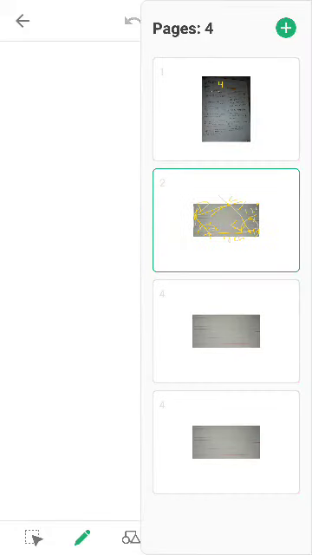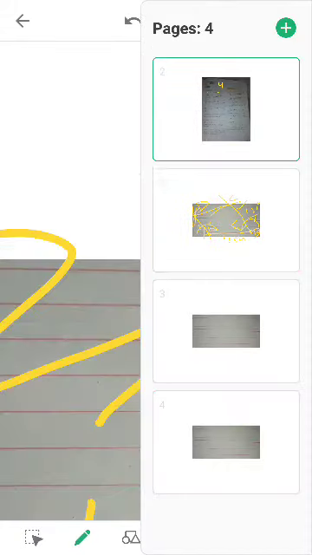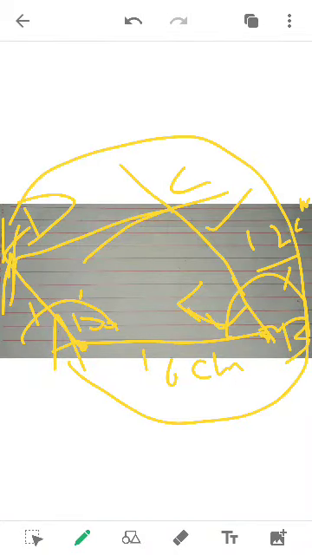Now one thing I want to explain is that the name of the parallelogram must be in sequence. This is ABCD, so this must be a complete loop: A, B, C and D. It cannot be like A, B, and then this one being C and this one being D. That will be a completely wrong concept. So please make sure that the sequence of the points of the rectangle or parallelogram must be in a chain.